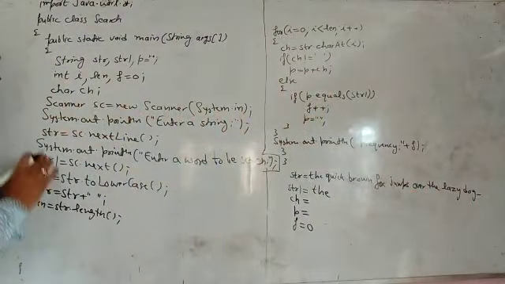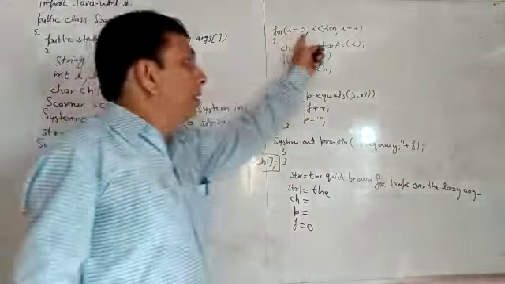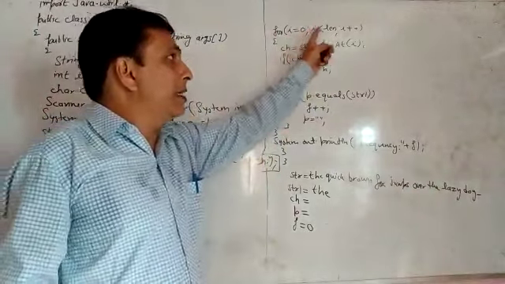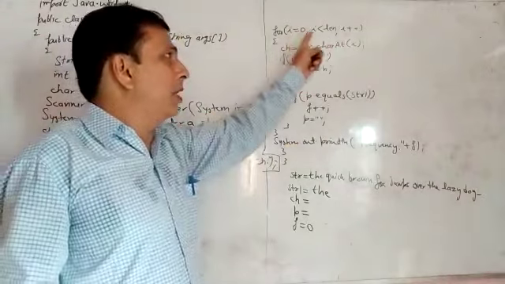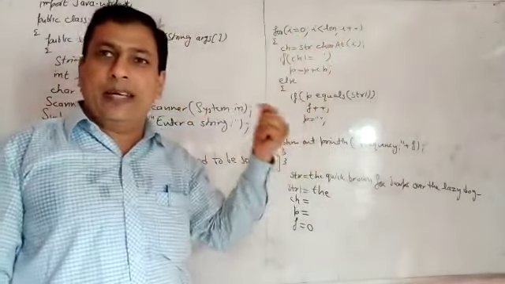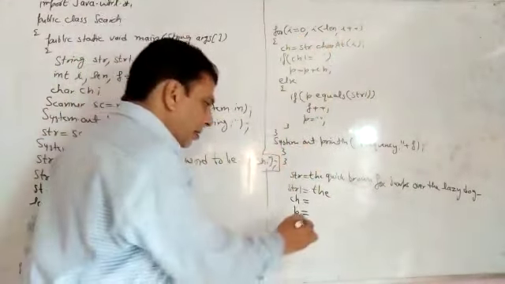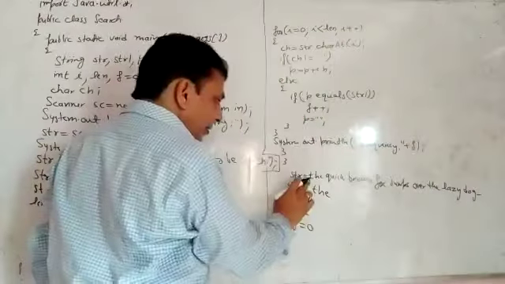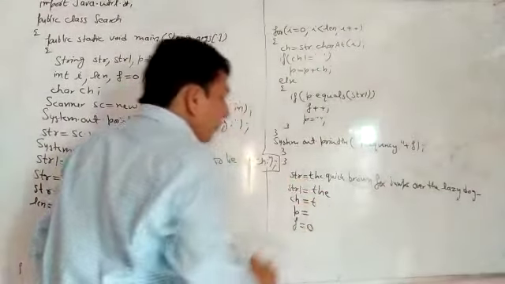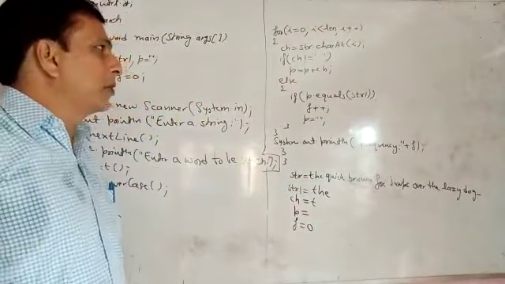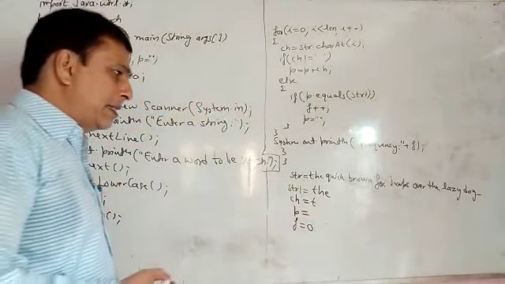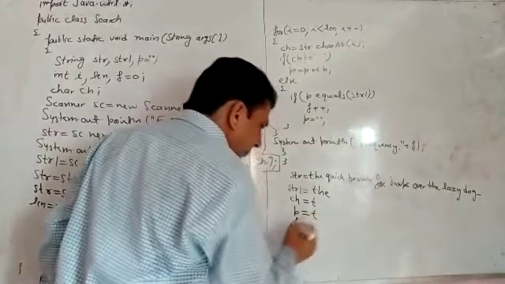Then find out the length. Then move to the right-hand side. Inside the loop, we are extracting the character. Because the value of i is 0, it means we are extracting the 0 position character. So what is the 0 position character in this sentence? T. Check whether this character is a space or not. Because it is not a space, add this character to p.